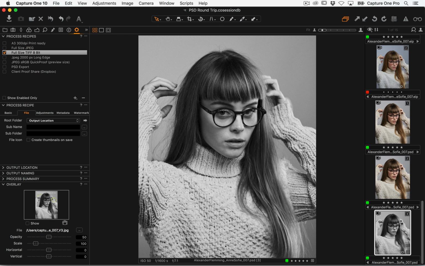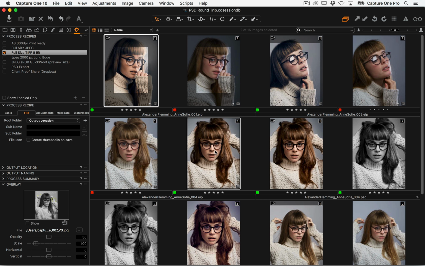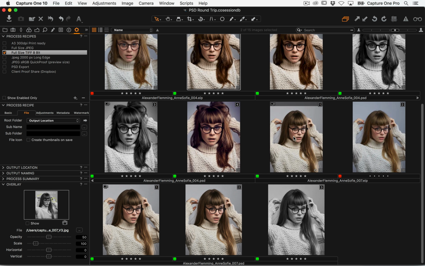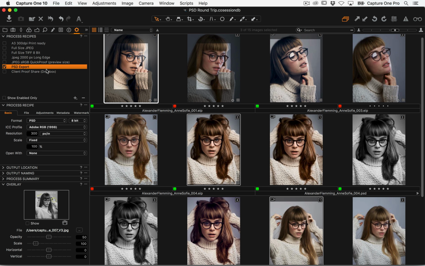Now going to Brenda's question, can I do this with more than one photo for head swaps? Very good question. The round trip is designed to be done on one image to go back and forth. If you need to do a batch of stuff, then what you could do, if we select 1, 2, 3, so we've got 3 images, then what I would do is make a process recipe like so, called PSD export, and then name it open with Photoshop. And then all we have to do in your process recipe is say open with Photoshop. So when you process those out,